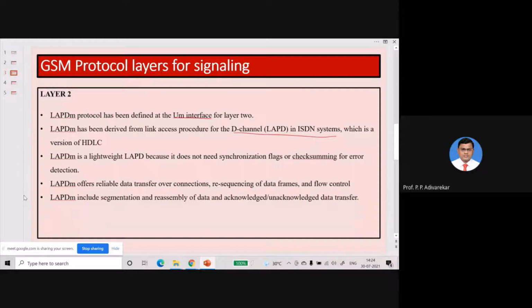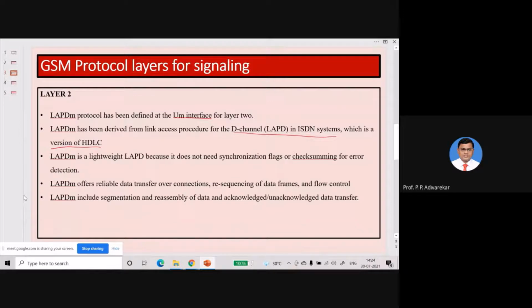Okay, so LAPD has been derived from the Link Access Protocol for the D channel in the ISDN system, that you understand. It is a version of HDLC, that is High-level Data Link Control. So LAPD is also a data link layer protocol, and LAPDm is the version adapted for mobility.